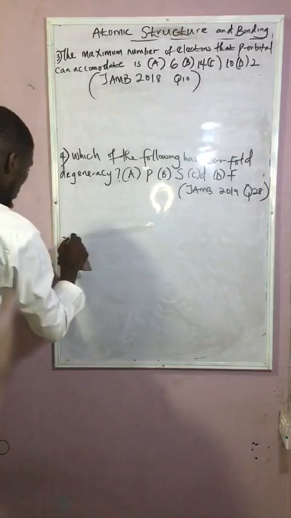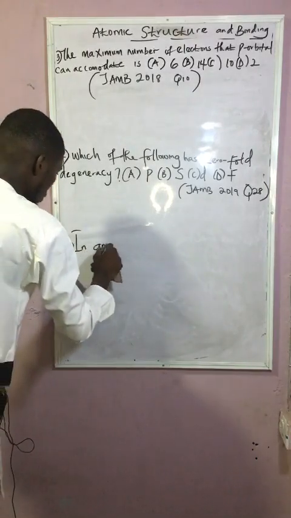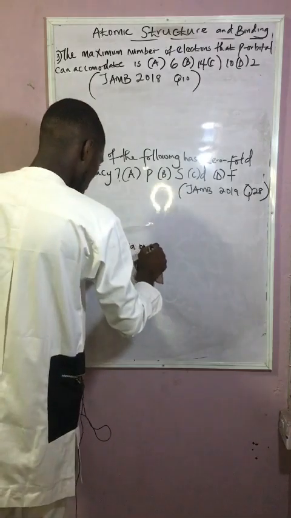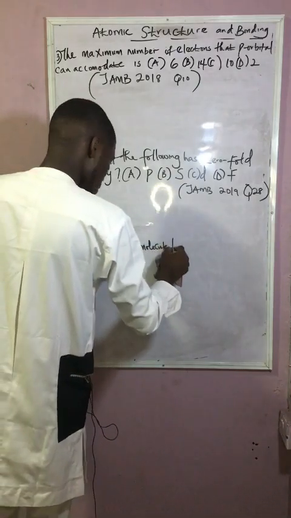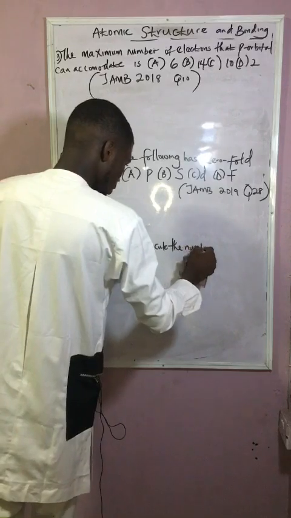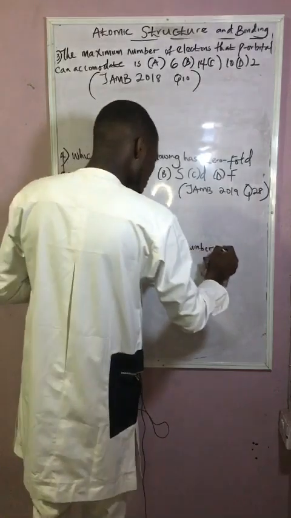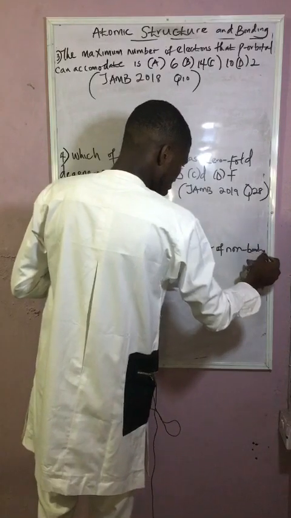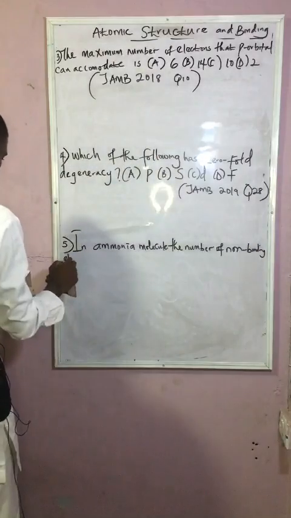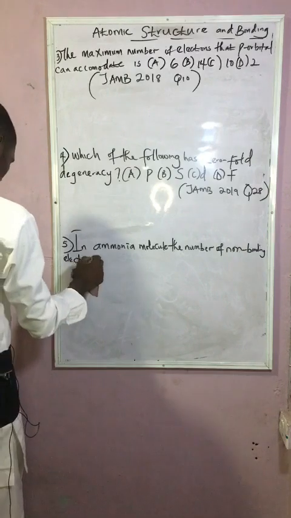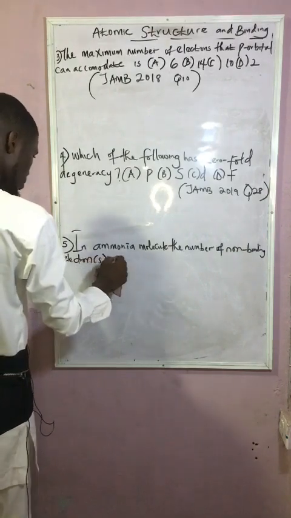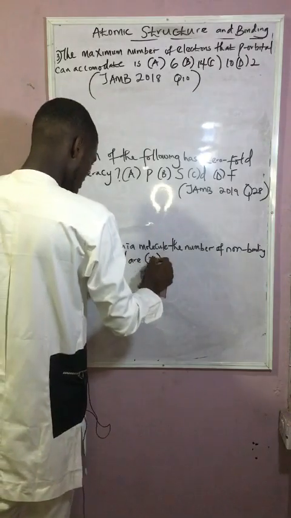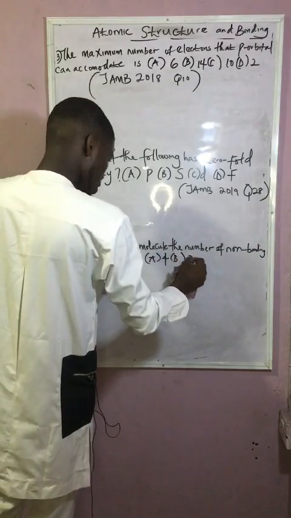Okay, this one too is a good question. In ammonia molecule, the number of non-bonding electrons. A, B,